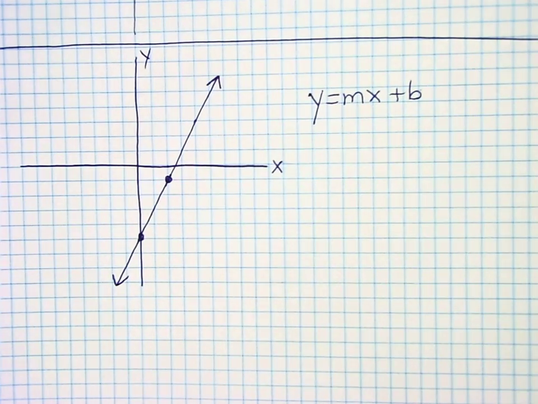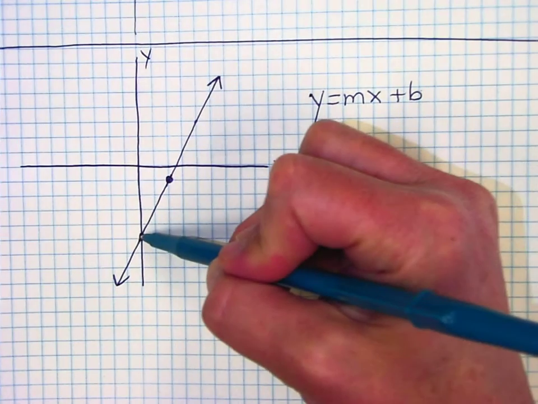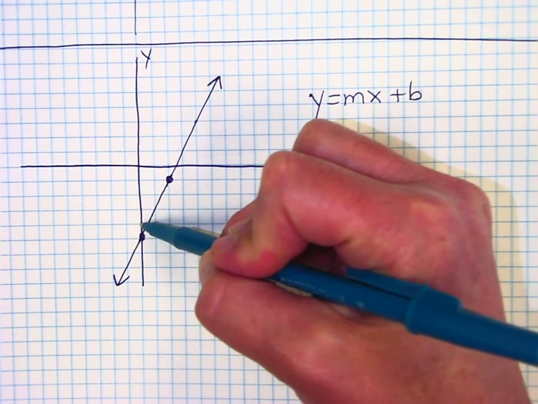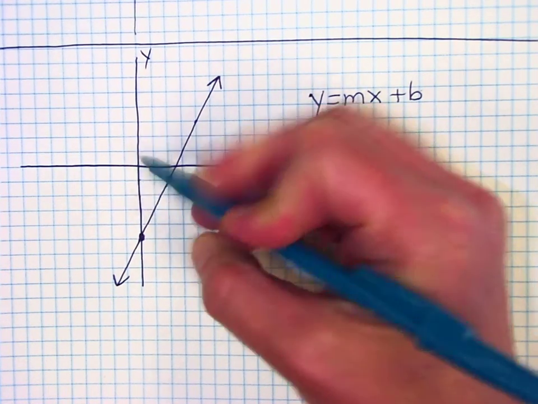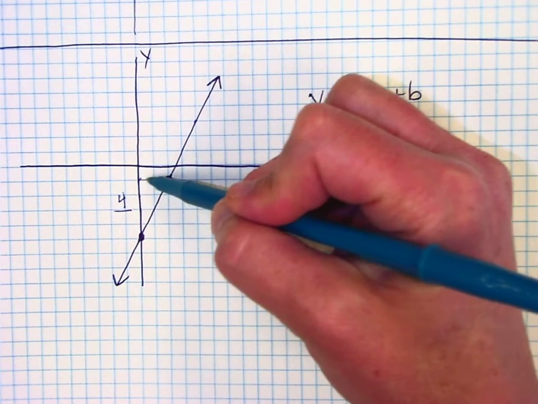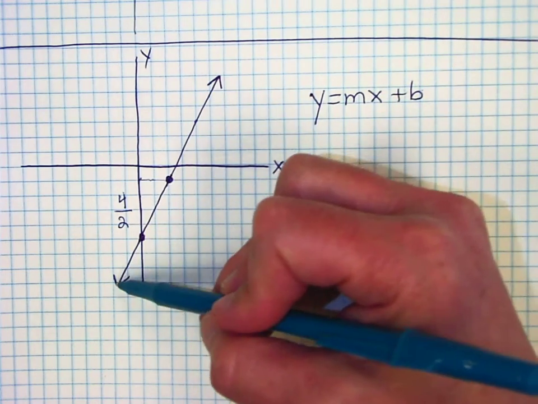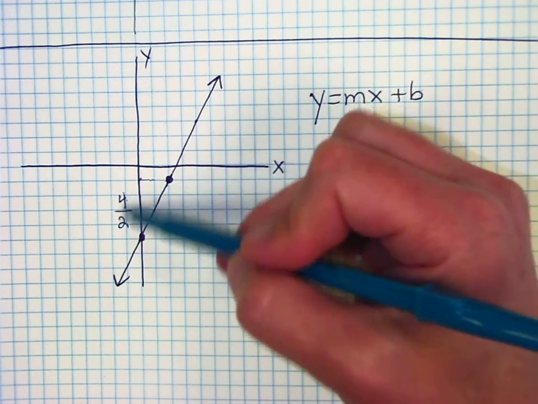Well, and again, you can pick any 2 points you want. So now I'm going to rise. I'm going to start at the lower point and rise 1, 2, 3, 4. Okay, so my rise is 4. Now I'm right here and I'm going to run 1, 2. My run is 2. And this slope is positive, so 4 divided by 2